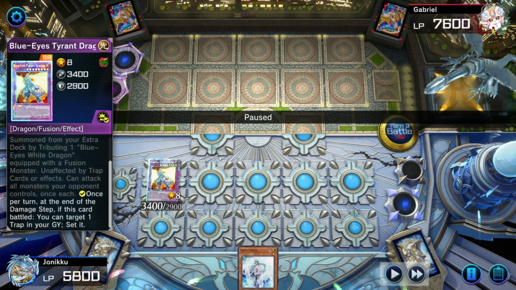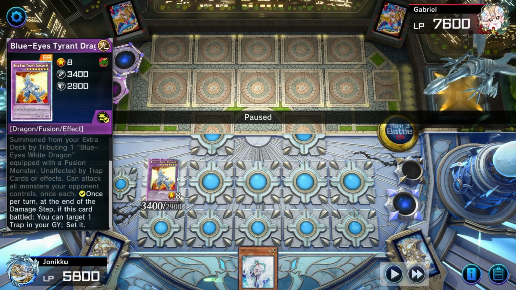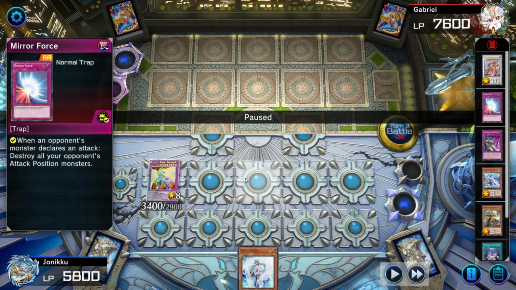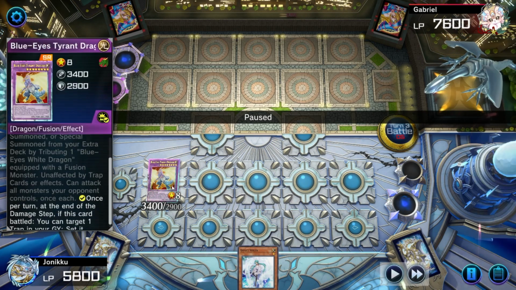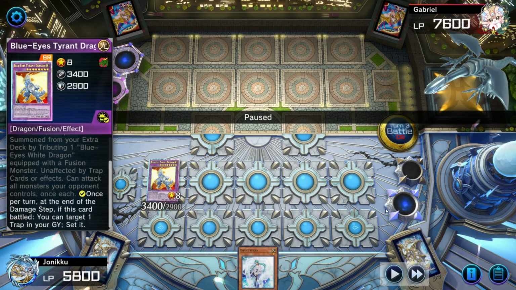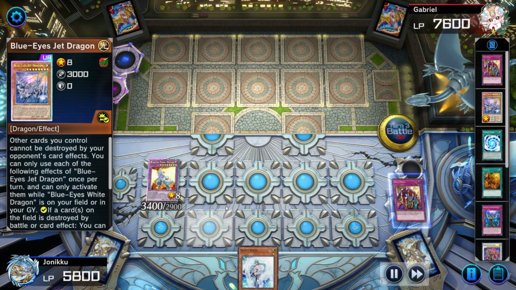John's back. Blue Eyes Tyrant. I was like, what if that's a trap card? Just summon Blue Eyes Tyrant Dragon. And it was Mirror Force. Who would have thought you would see someone use Mirror Force? But yeah, that's why I summoned Blue Eyes Tyrant Dragon, just in case that was some trap card. And obviously Blue Eyes Tyrant Dragon is not affected by trap cards. And yeah, now I get